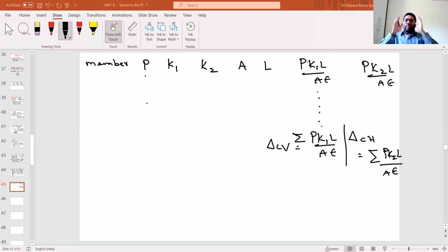So this is what we will study in failure theories. What would the maximum shear stress theory and maximum normal stress theory talk about? A member or a structure or a material will fail if the maximum normal stress of an element or a beam or a member crosses beyond the permissible stress of that member. That is what we will write in the failure theory expression. Similarly, maximum shear stress: if the maximum shear stress of a member exceeds the permissible shear stress of that member, then the member will fail.